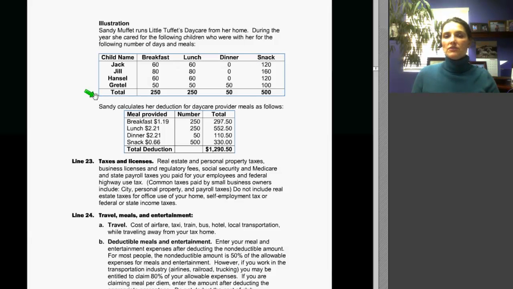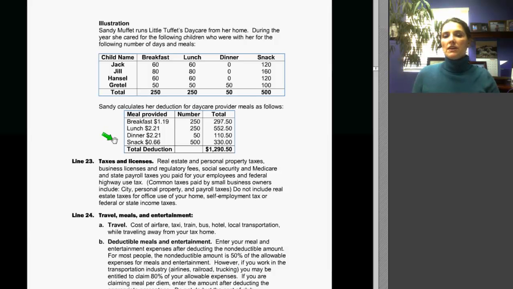We have 250 breakfasts, 250 lunches, 50 dinners, and 500 snacks. So how do we figure that out? Well, we go over here. Breakfast at $1.19 times 250 gives us $297.50 as an allowance for breakfast. Lunch gives us $552.50, dinner